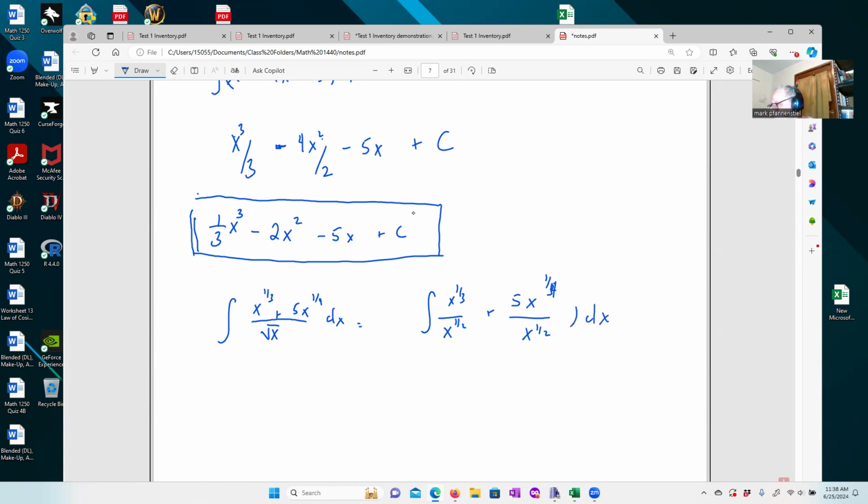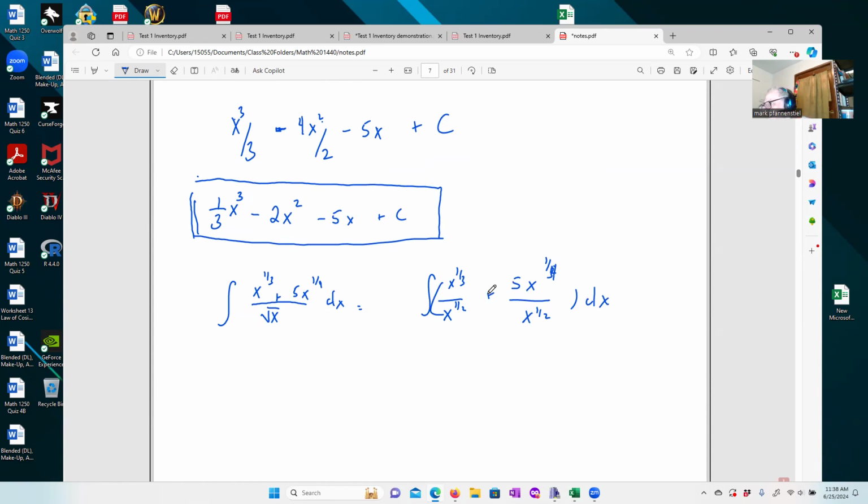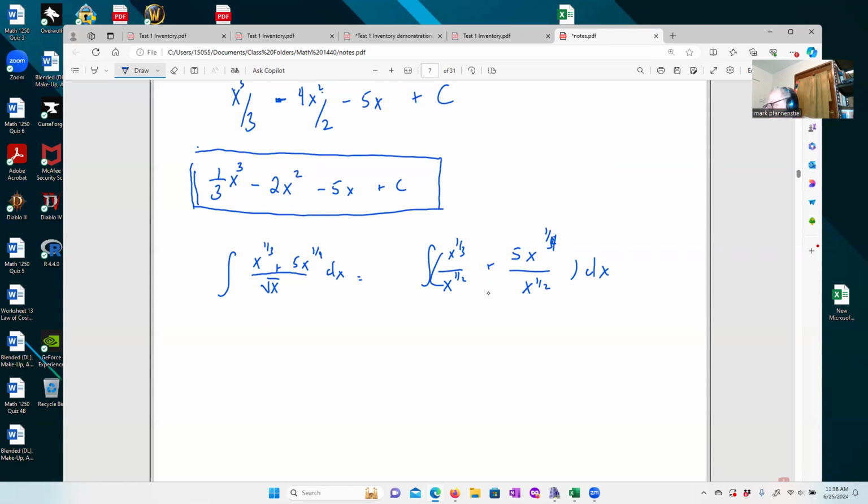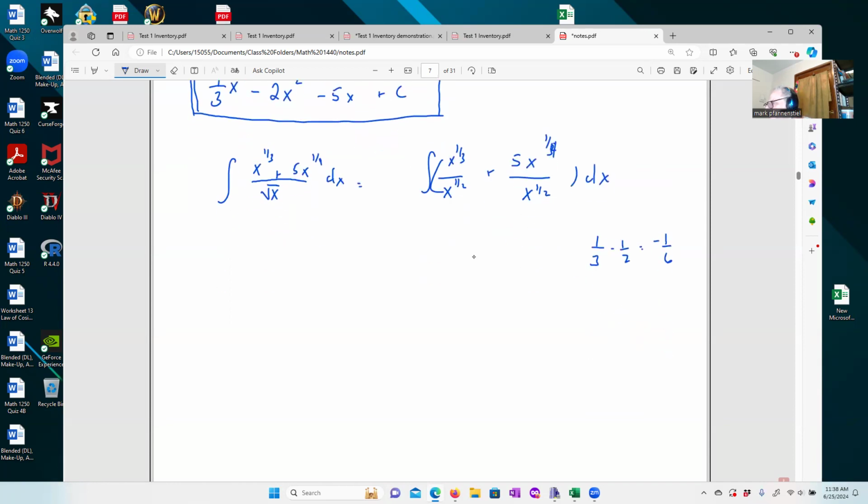Again, these are both dx's. So way back in algebra, you had rules of exponents where you subtracted these guys. So we're just going to come over to the side here and say, okay, what's 1/3 minus 1/2? I think that was negative 1/6. And then we have 1/4 minus 1/2. So a quarter minus 50 cents. We end up